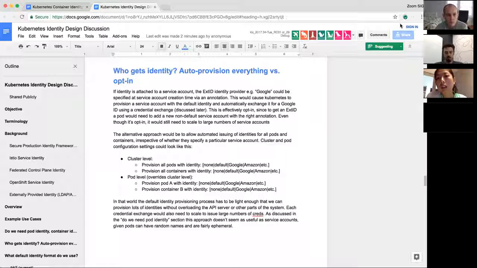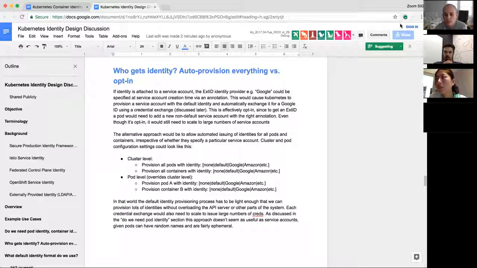I don't think we're going to say there's one that you exchange for all others. I think starting with one and exchanging it for others is a pattern that we want to support, but I don't think we're saying that the Kubernetes API container identity is the one that you then exchange for everything else. I think there are two types of